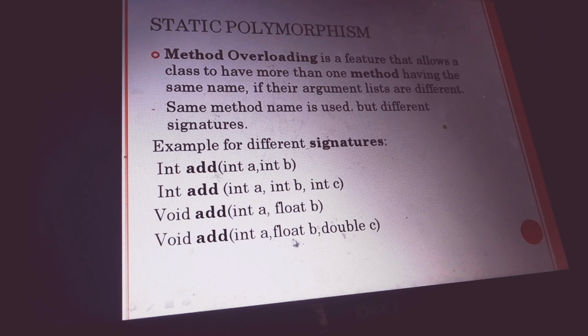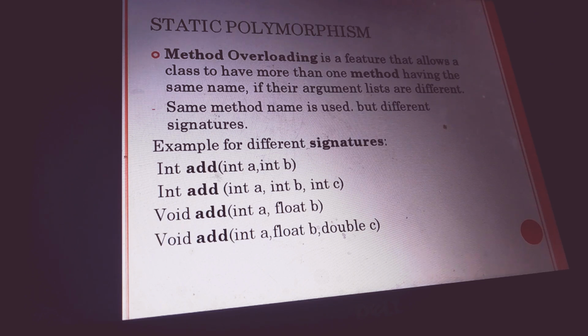The last code shows the method name is the same as before, but the number of parameters is different and different data types are used. This is said to be the signature. I hope you all understand the signature and what method overloading is.